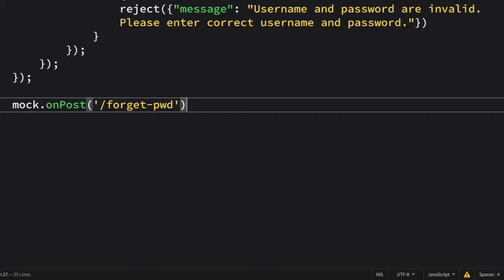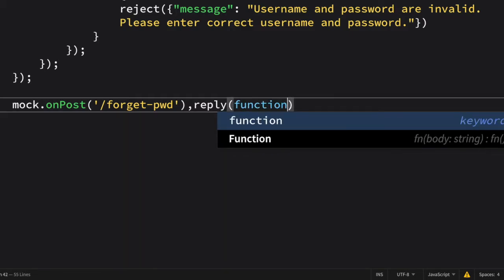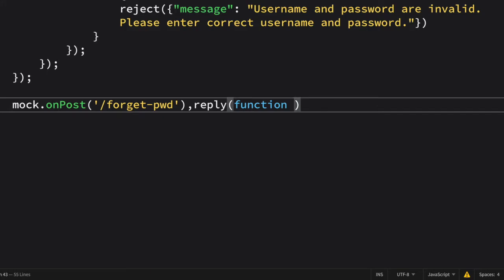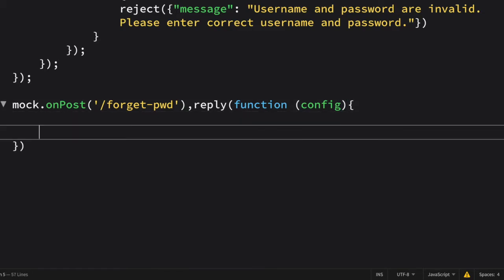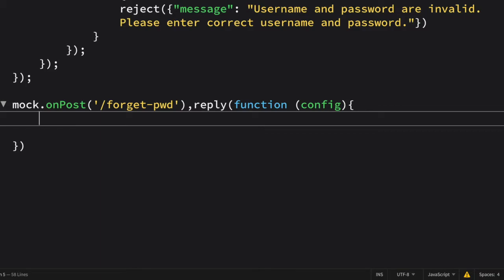After this you have to apply this reply method on it. So reply, and write a function for this and pass configuration as an argument to this function.